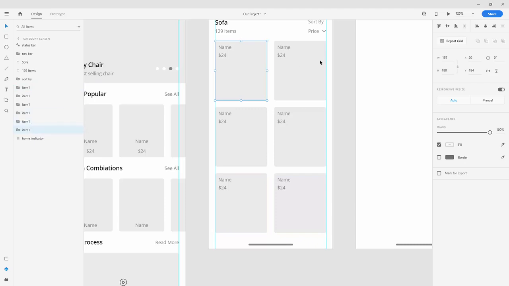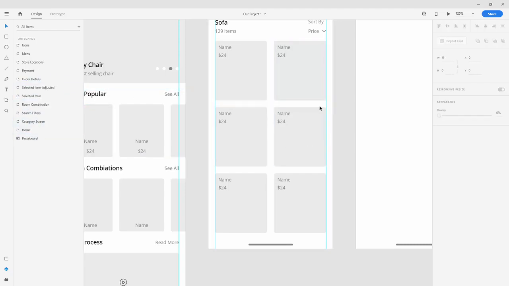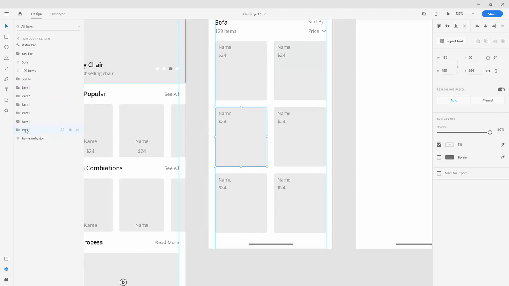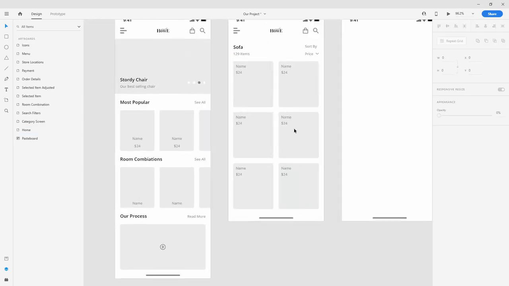Now we're going to order them, so item 1, item 2, and this is the boring bit, but if you want to be precise for your developers a bit later on and cut your work short, because you're not going to be jumping in and out and communicating with the developer on unnecessary items, then I really recommend that you name all your layers, all your groups, all your assets, because that is going to be a lot easier for you then to work on and for your developers to understand, and they won't bother you, because it will be really simple for them to navigate, because everything is named correctly, everything is named in order,